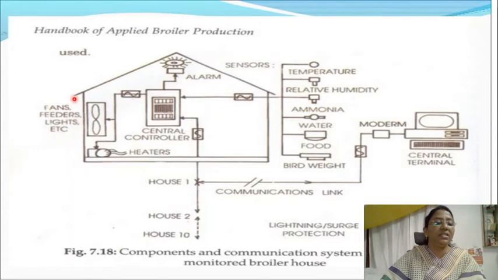And here you can see the fans, feeders, light, etc. And an alarm, which all sensors are attached over, so that from time to time you can get all the message inside the poultry house. And the feed, water and the temperature, relative humidity can be checked through the monitor, and it can be altered.